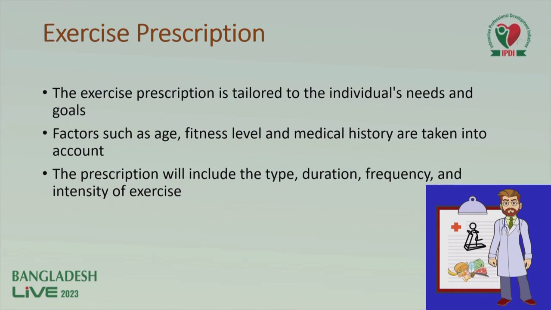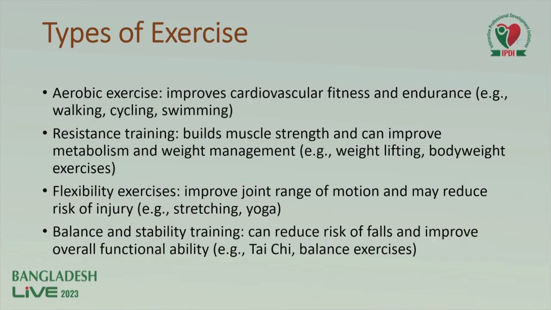Factors such as age, fitness level, and medical history should be taken into account. The prescription will include the type, duration, frequency, and intensity of exercise. There are several types of exercise, like aerobic exercise, which improves cardiovascular fitness and endurance, like walking, cycling,